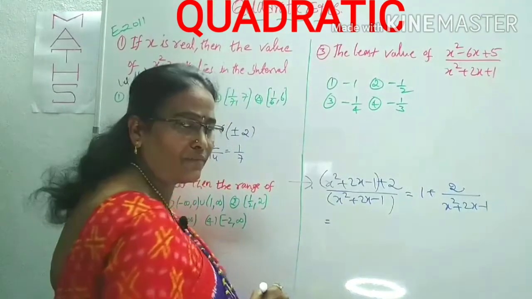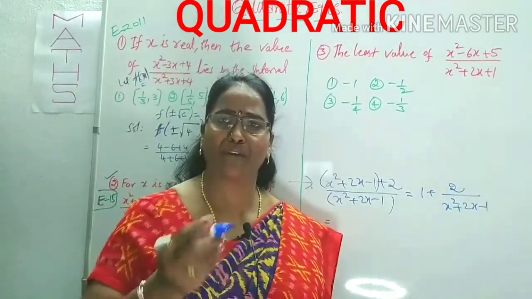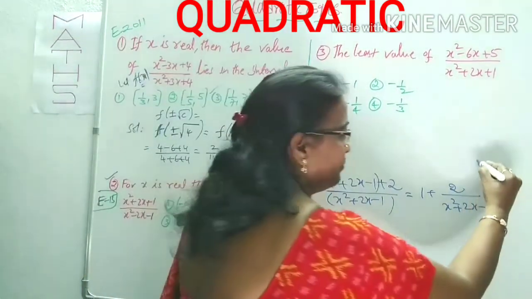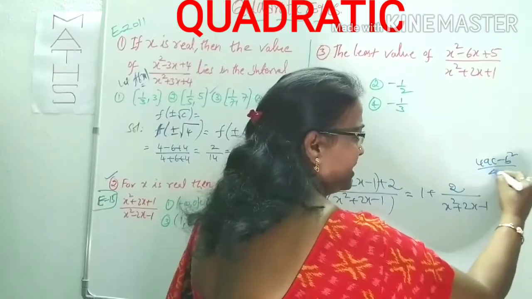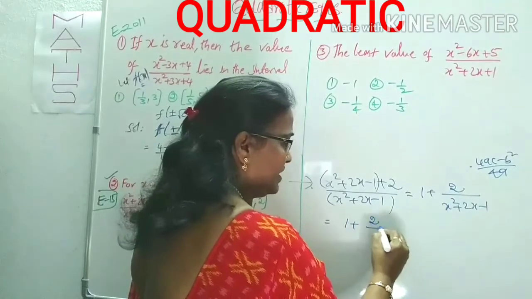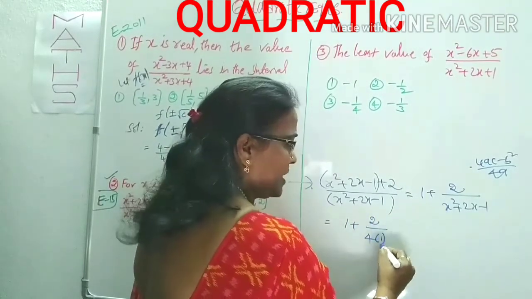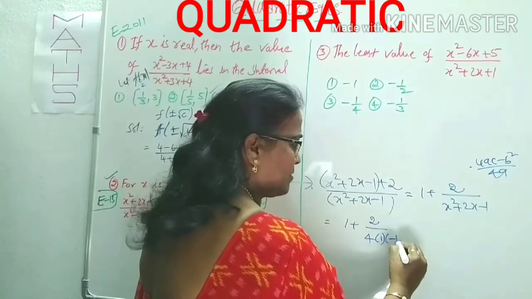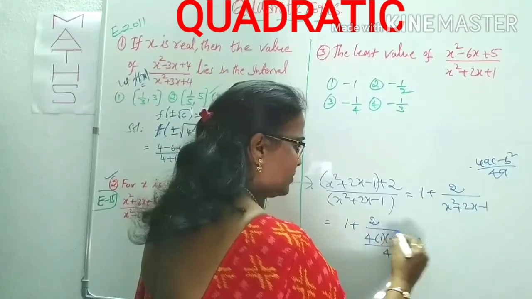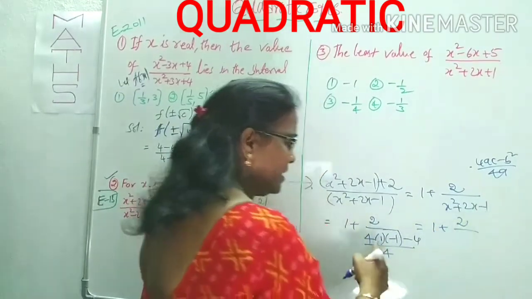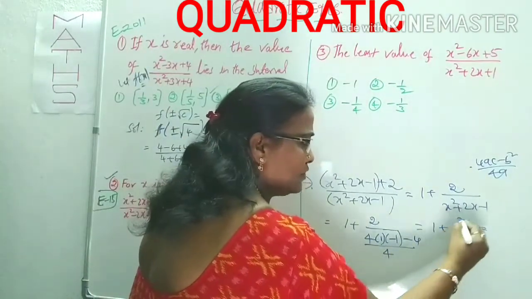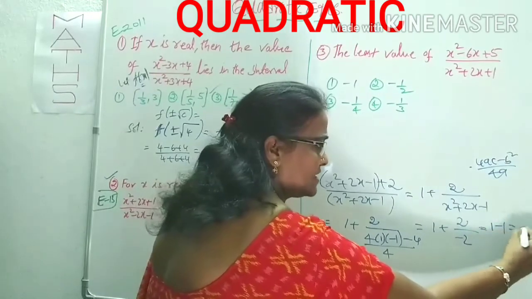Now you know the minimum maximum value formula. What is the minimum maximum value formula of the expression x square plus bx plus c? That is 4ac minus b square by 4a. That one you can use for this denominator. The numerator is as it is, 1 is as it is, 2 by (4ac minus b square) by 4a. A is here 1. 4ac, c is minus 1, minus b square, b is 2, square is 4, by 4a, a is 1, 4 into 1 is 4. Therefore, this is 1 plus 2 by minus 4 minus 8, minus 8 by 4 is minus 2. Here 2 by minus 2 is minus 1, and 1 minus 1 is 0.